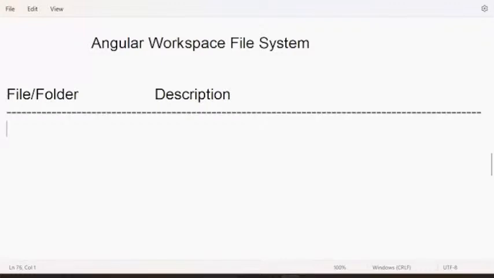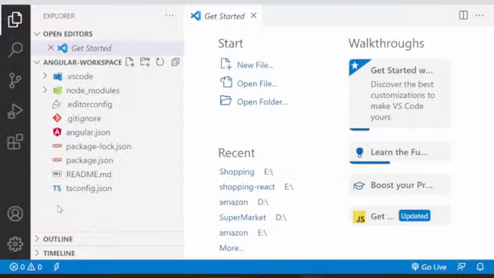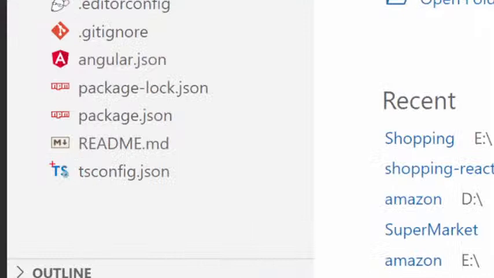Some files you already know, no need to explain. I showed you how to create this file manually, using tsc --init. What is it? The TypeScript configuration file.